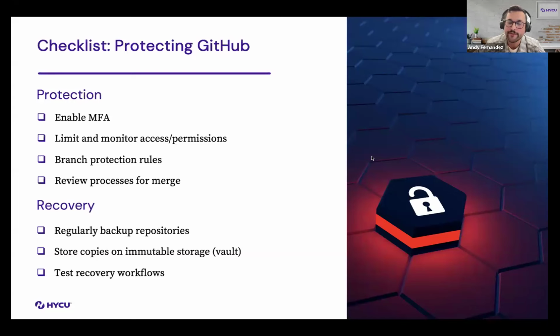But it's also very important to make sure that you store your copies on immutable storage. This is not simply about writing a script and then keeping some files somewhere. You want to make sure it's immutable. You want to make sure it's protected, vaulted, so that if somebody were to attack you, you always have a clean copy of your data to be able to recover from. But the most important piece here is test the recovery itself. Use one of your sandboxes, test the recovery workflows. You do not have a backup if you do not test it. So these are very basic, but very, very important